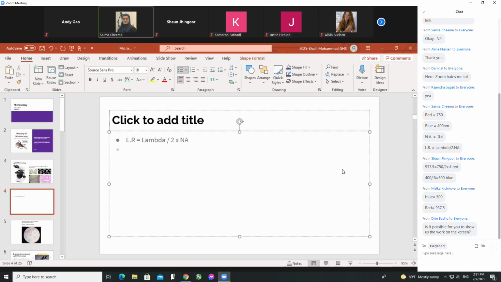Okay, so for the red wavelength, which we said was, let's say 750 nanometers, we divide that by 2 times 0.4. What do we get? I got 937.5. Okay, that's what I get. Okay, 937.5 nanometers. And then you do the same for blue and you get